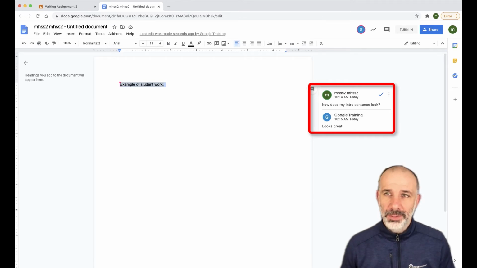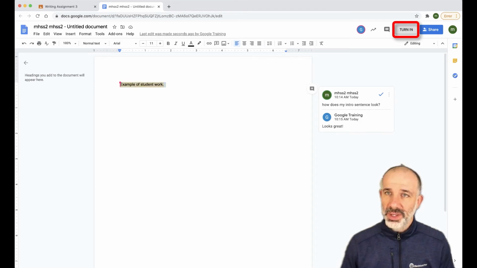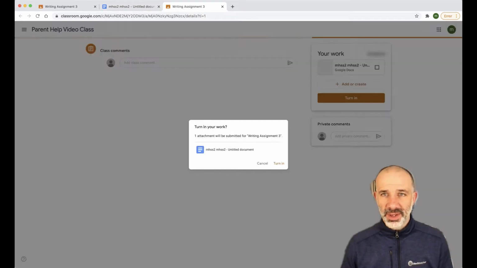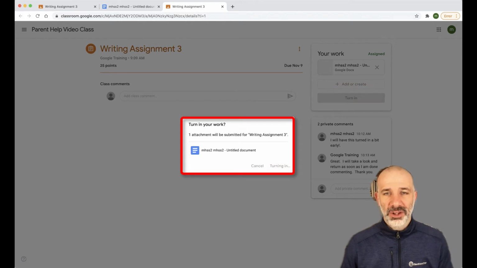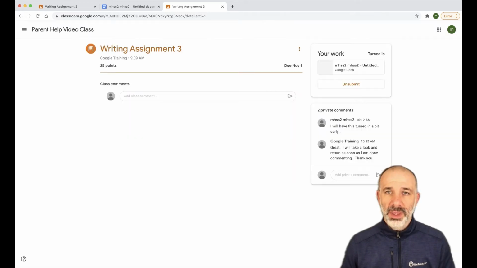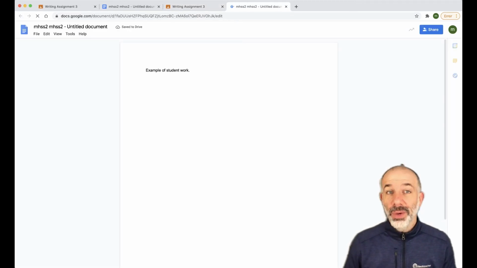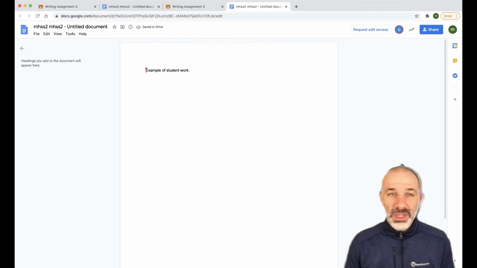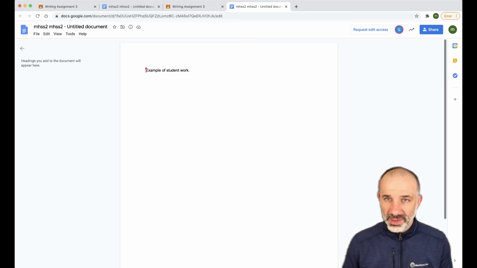Now, once a student turns in the work, which I'll demonstrate here, so the student is done and they confirm and they can turn in the work to their teacher, they will no longer have the ability to see comments that are inside of the document because they only have viewing status at this point. So you'll notice if I go into the assignment, I can only see my work. I do not have the ability to type on this document any longer,